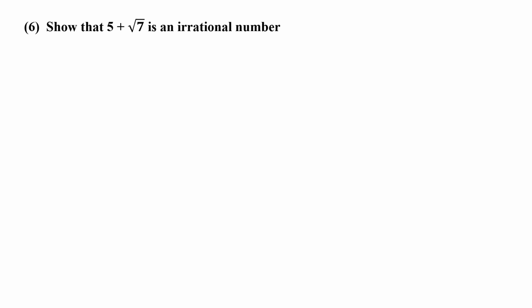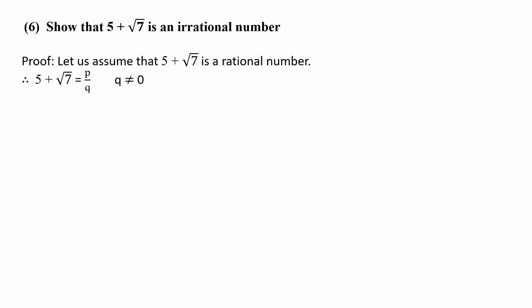Show that 5 plus root 7 is an irrational number. You have to prove this by indirect method. So let us assume that 5 plus root 7 is a rational number. When it is a rational number, you can write it in p upon q form. Therefore, 5 plus root 7 equals p upon q, where q is not equal to 0 and p